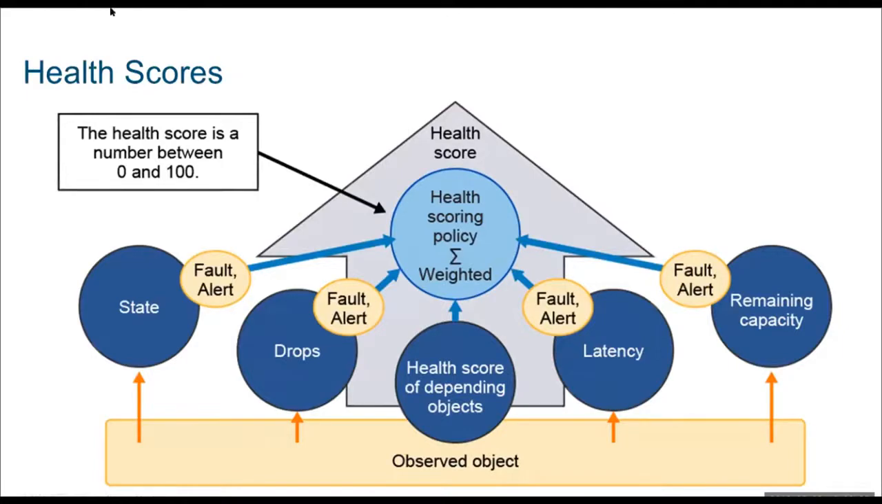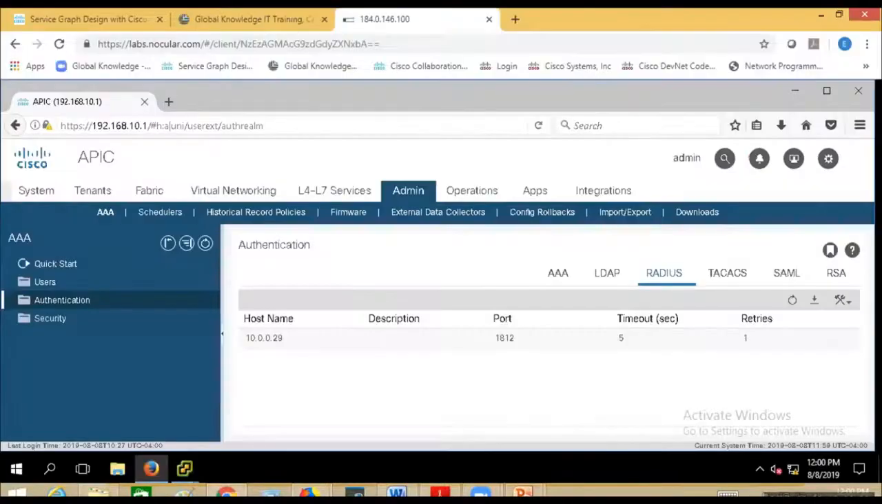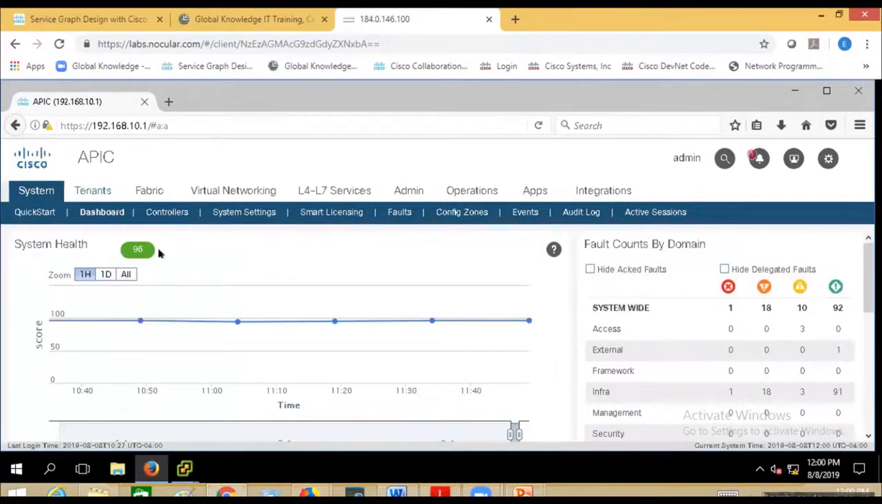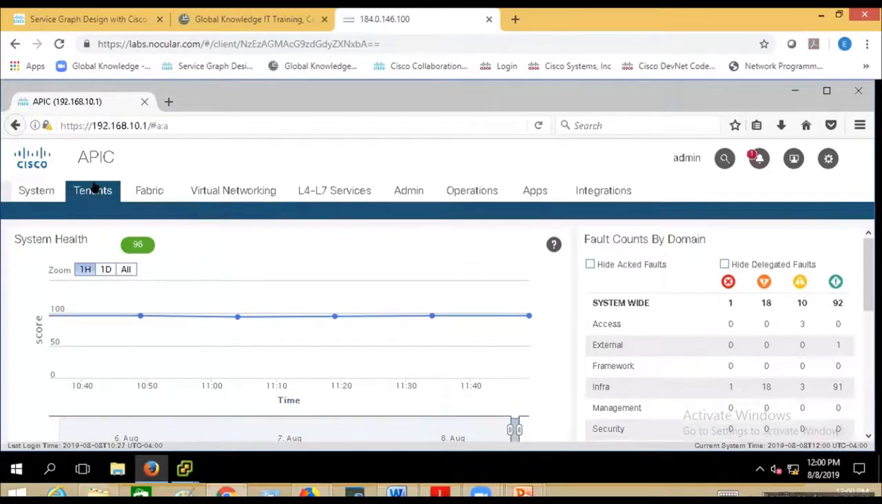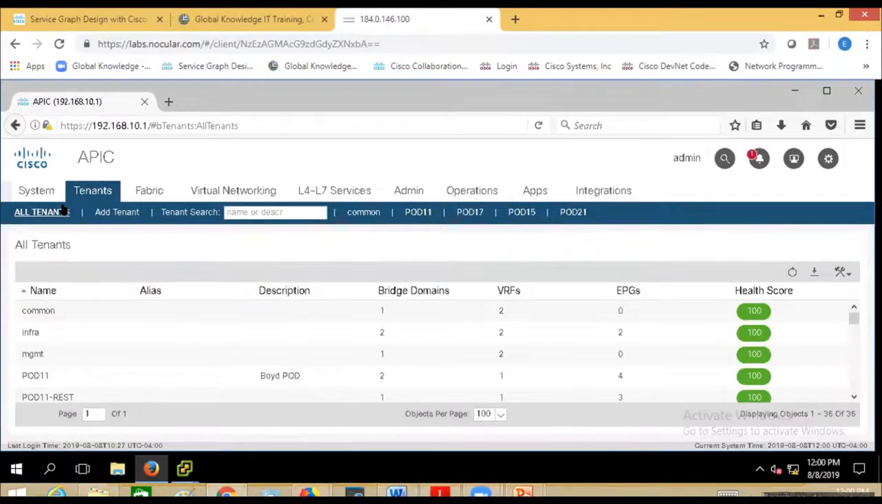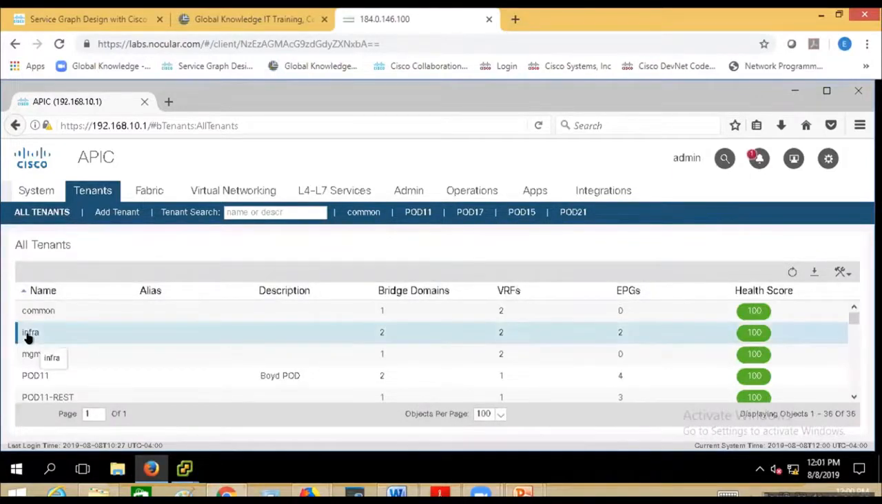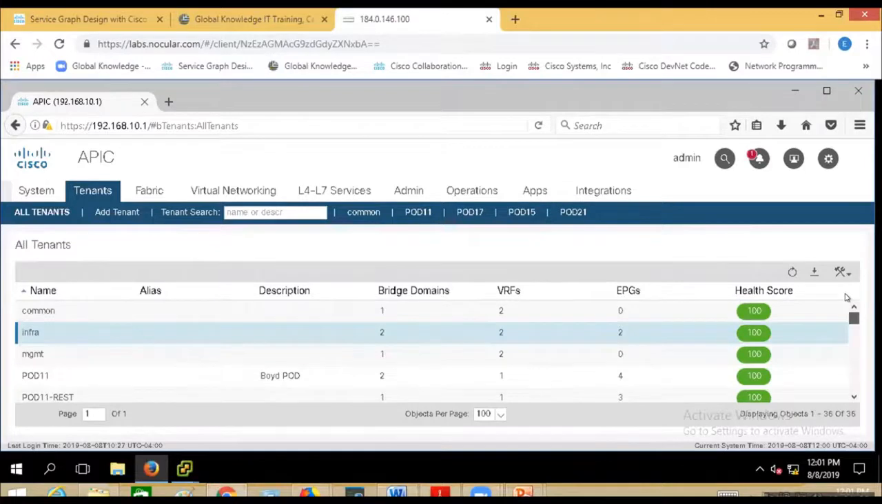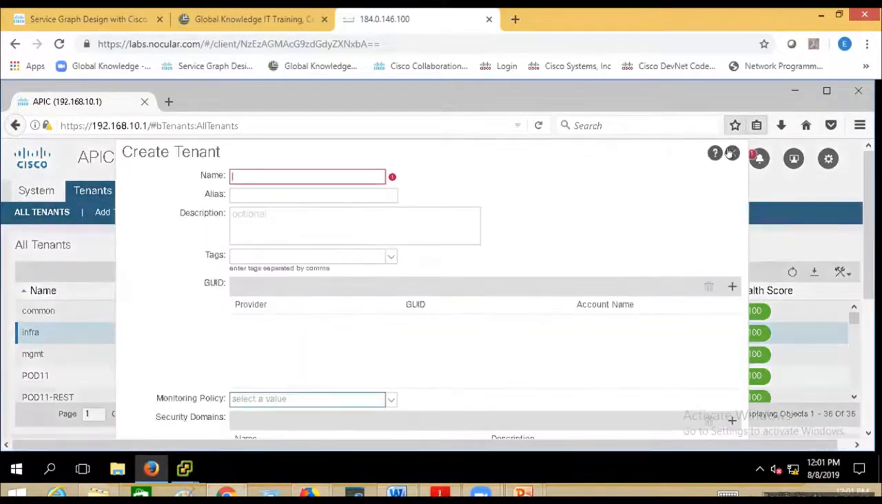I'm going to show you, or let's see, something else. My system health is down to 96. Let me look at my tenants if they're all good. I thought I saw a tenant lose. Yeah, at some point, some errors were causing my tenant scores to go down. Right? So if you look at any tenant,